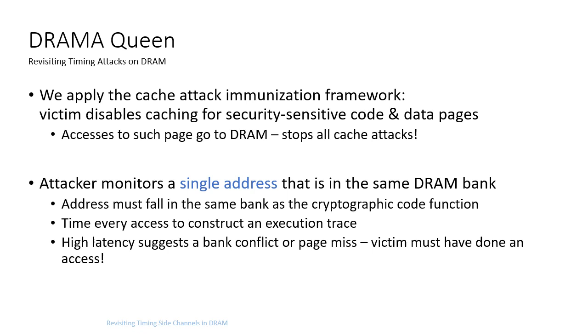Then the attacker monitors a single address that we assume to be in the same DRAM bank as the victim, and the attacker finds this address by simply allocating a lot of memory and then trying to observe the latency of uncached accesses of each cache line in that memory, and each time triggering the victim. And if the attacker observes a latency difference between a normal access and an access to the same piece of memory while the victim is executing, if latency goes up in the second case, then the attacker may assume, oh, perhaps this cache line is co-resident with wherever the victim happens to be.